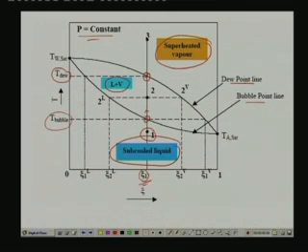So, what is the concentration of the first vapor bubble that is formed here? You can find that one by drawing a horizontal line like this, and where this line intersects the dew point line, that will give you the concentration of the first vapor bubble that is formed. Because what happens is, let us say that you have taken a solution which consists of ammonia and water,